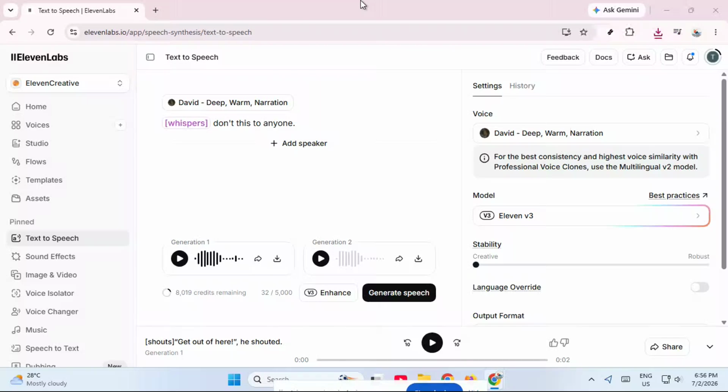If you've ever wanted to make your ElevenLabs voice sound more natural, more dramatic, or just more expressive, this tutorial is going to help. Today I'm going to show you how to whisper and yell in ElevenLabs prompts using simple tags you can add right before your text. This is a quick but powerful trick for creators who want more control over tone, emotion, and delivery in their